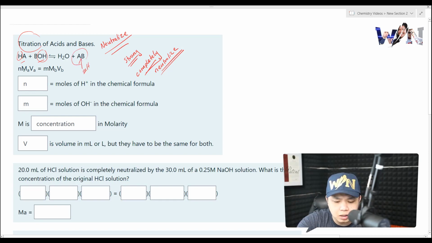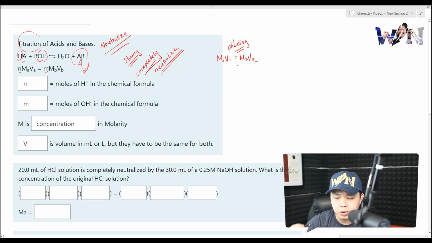As you can see here, look at this right here, hydrogen and BOH. Not all acid will have just one hydrogen and one OH. And that's why we add this in here, N and M. So we already learned how to do this already. Remember back in the day when we have M1 times V1 equal to M2 times V2, and we're talking about in terms of dilution to determine the unknown concentration or volume.